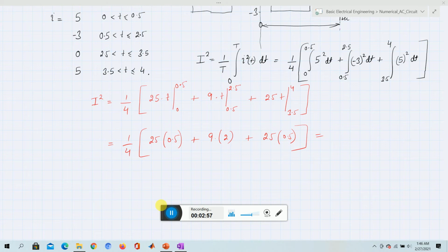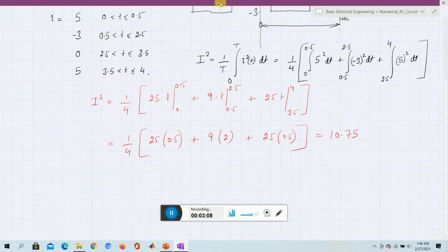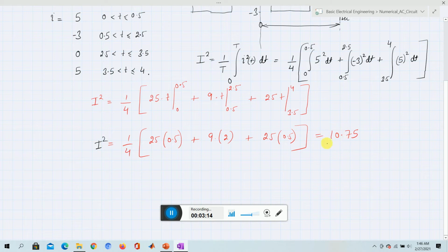This comes out to be 10.75 ampere squared. So we can write I square is equal to 10.75. So from here we can write I is equal to